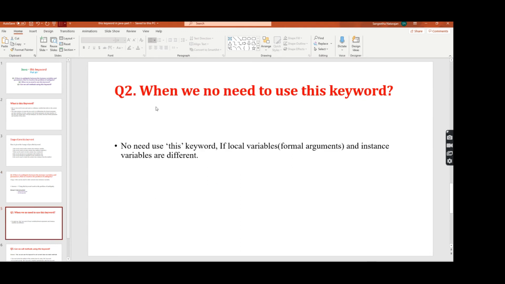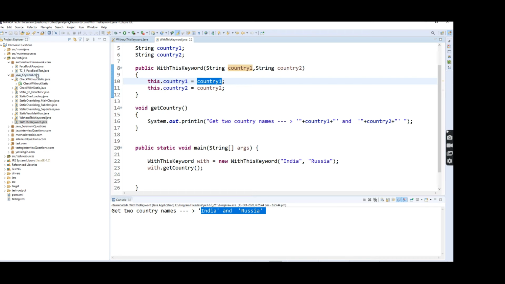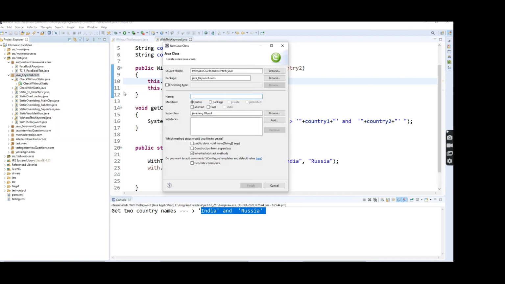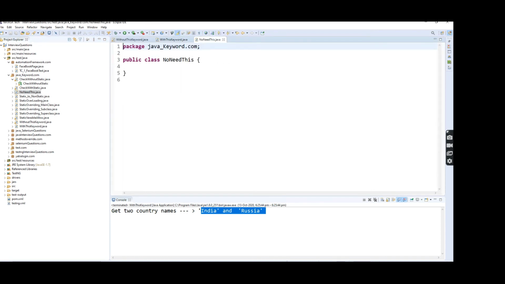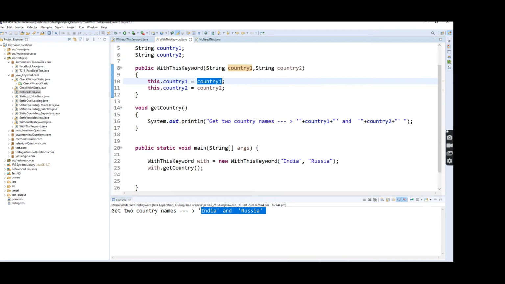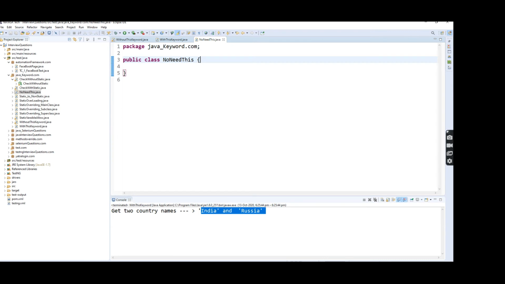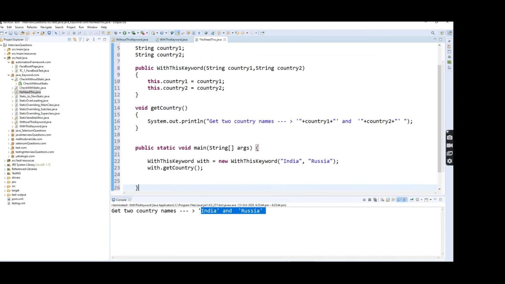When do we not need to use the this keyword? If the local variable, which is the formal argument, and the instance variables are different. So I'm going to create another class, NoNeedThis. Here I'm going to copy the same statement and paste it inside the NoNeedThis class.